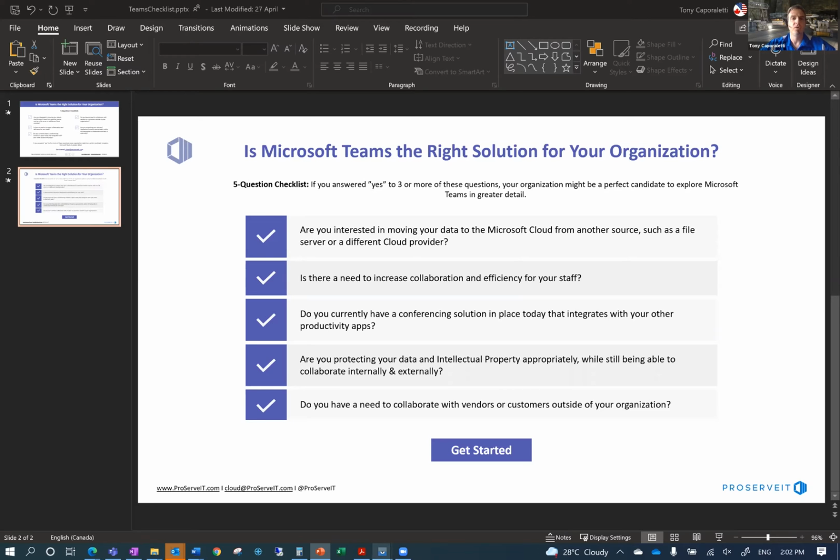Again, we're going to be going over a few things around the Teams platform. And you've joined because you're looking to get some more information on Microsoft Teams and how it can help your organization. Maybe you're new and you're trying to figure out how this platform fits into your business, and how you can make use of it to make your team more productive. So the intention here is to take you through and show you some of the features with Teams and get you thinking about some of the key items that are going to be important for setting this up